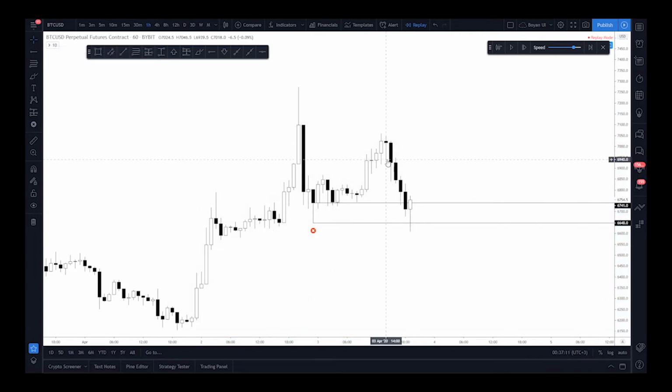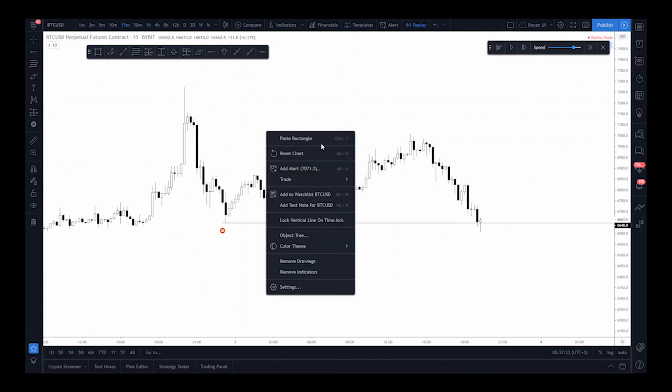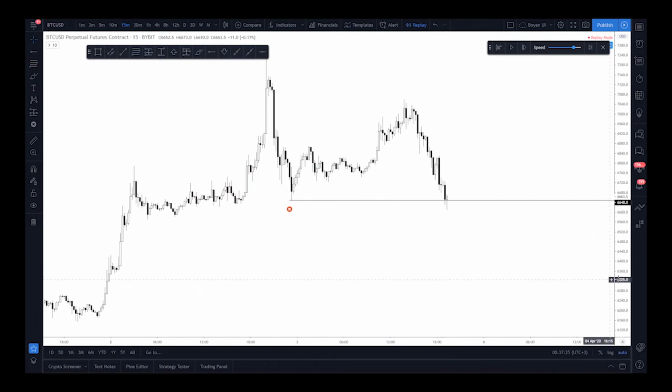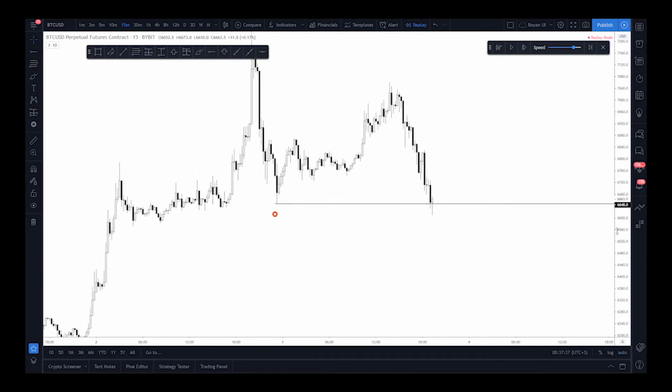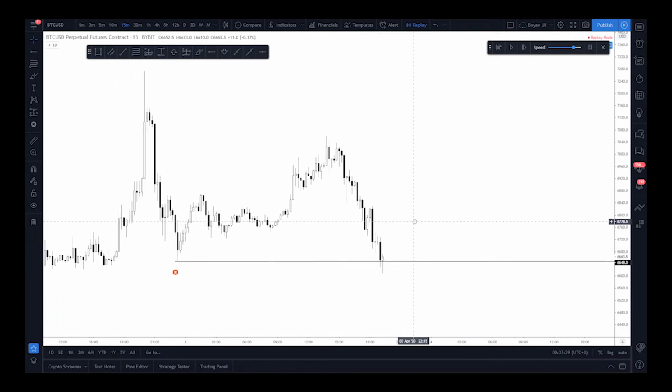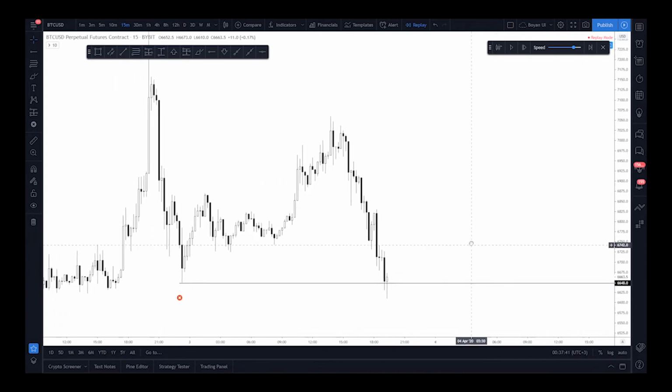How do we frame an entry when we spot such a setup? The best way to refine an entry, when we spot a setup on a given time frame, is to go to a lower time frame and see if we can get a better entry. In our example, we have the 1 hour chart. We are going to switch lower to the 15 minutes time frame. So what do we have on the 15 minutes time frame? We have amazingly a very similar setup right here.